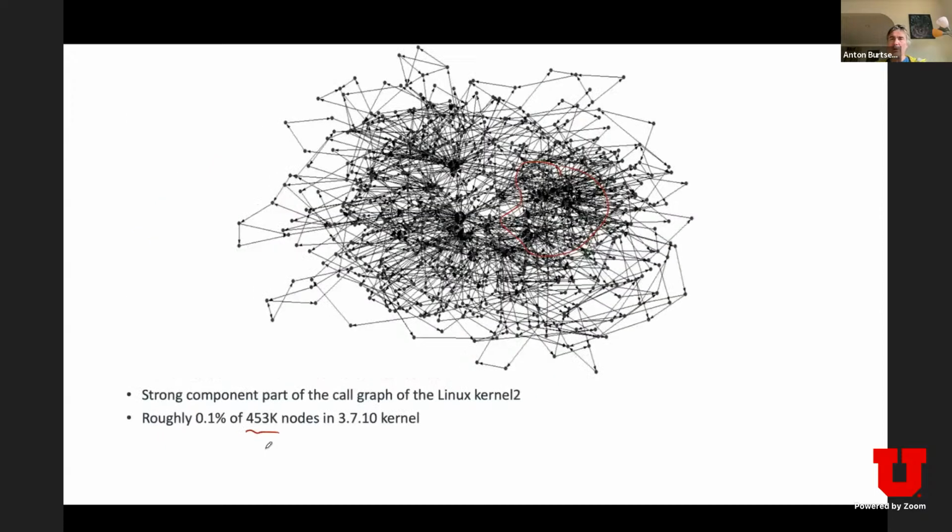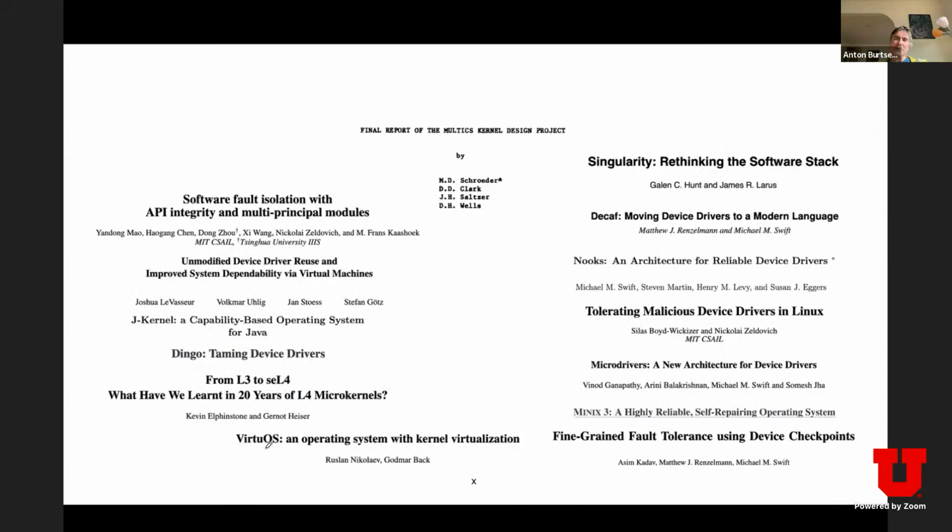And essentially, my own work with my students in this field makes a step forward. However, just to make sure that we understand, there was a significant amount of prior work. Remember, I aimed at isolating subsystems in the kernel, right? I was mentioning this final report from the Multics operating system in which the authors claim that isolation itself is a good idea. It will improve security and reliability of the system. And then over the years, a bunch of teams were trying to use different techniques for isolation of the code, right? So today we're going to talk about two